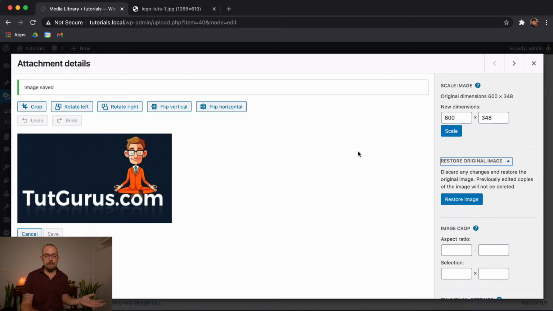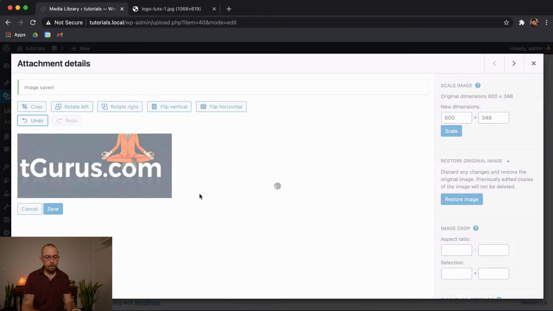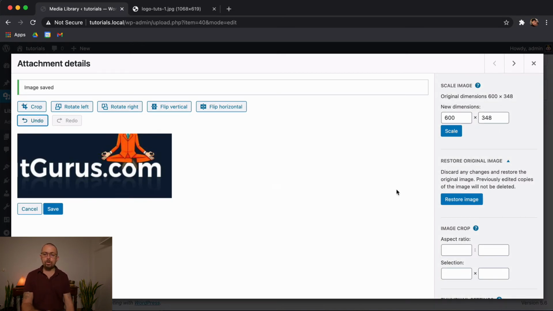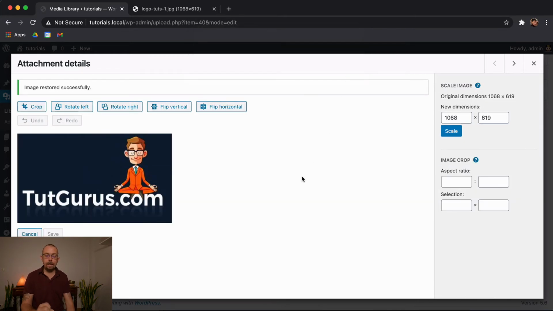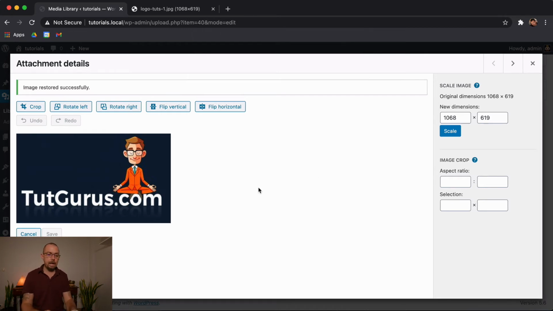Another cool feature you have here is you can restore it to the original image. So should you make any mistakes, let's say you crop it and you just make it look not too cool like that. So let's say you crop, you've only got that. What this will do then is you can come and click Restore Image and that will bring it back. It'll obviously ask you, is this what you want to do? You click OK, and that brings back the original image. So don't worry, you can't really make crazy errors here.